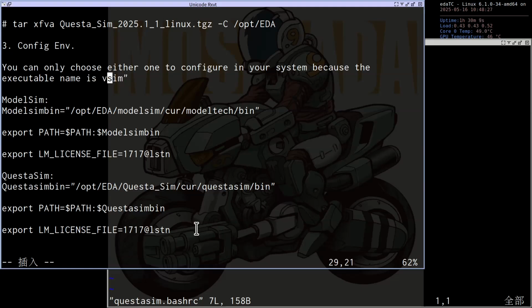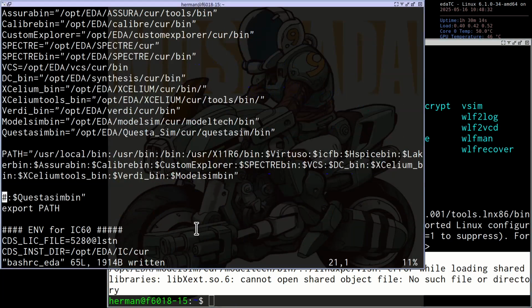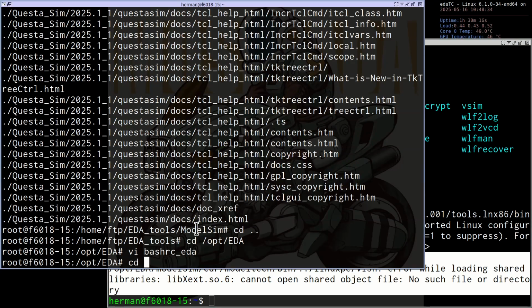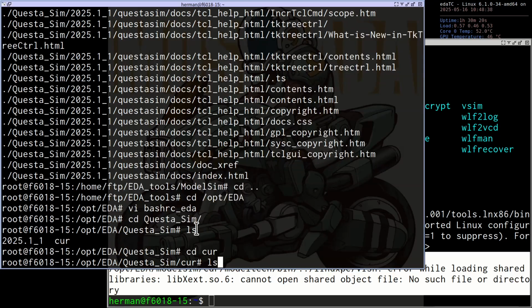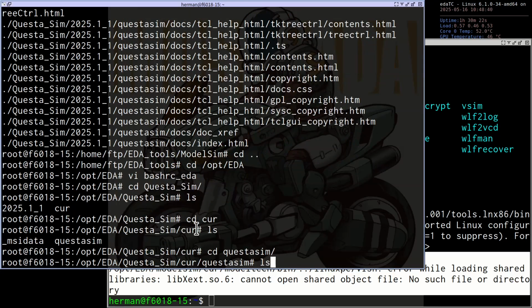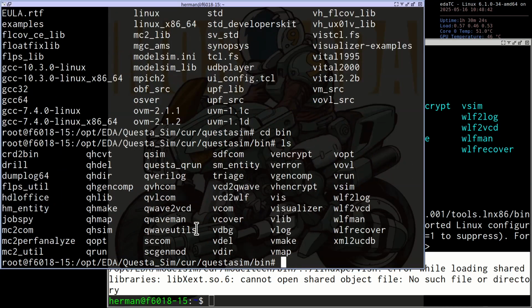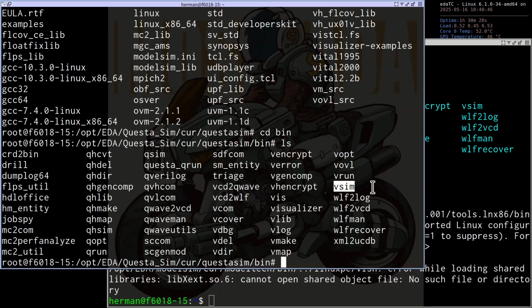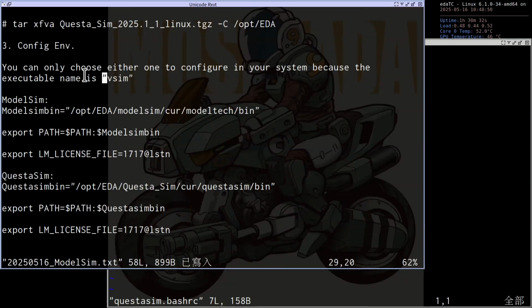These two software use the same name. Let me show you this. When I go to QuestaSim current, QuestaSim bin, you see it has the same executable name. Okay, so you need to choose either one.